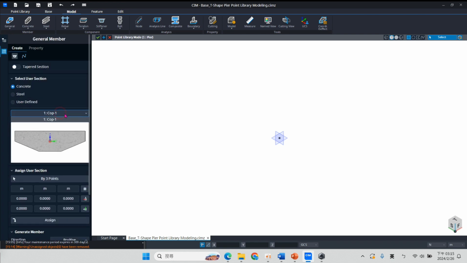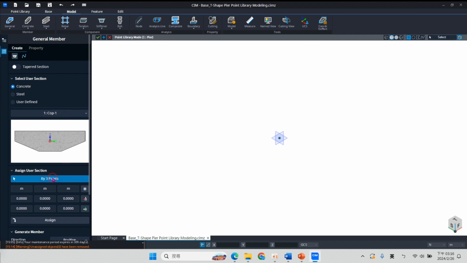You can see that in here this is the list of section that you have been creating, sorry. And then you can click on the user section here, concrete, and then COP1 here,